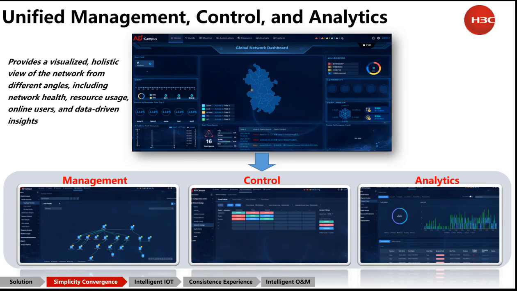So that's really relevant when you start talking about customers in a phased rollout where it's not a rip and replace, and brownfield deployments, where you can start introducing the H3C products while still monitoring the third-party products in a single